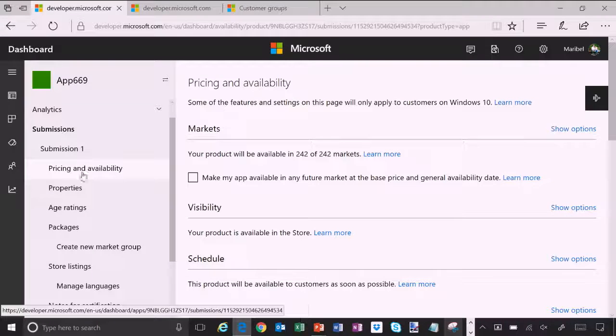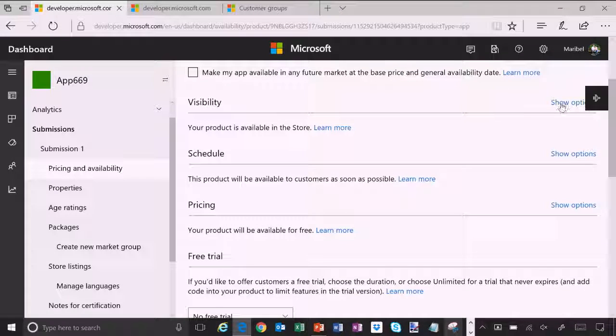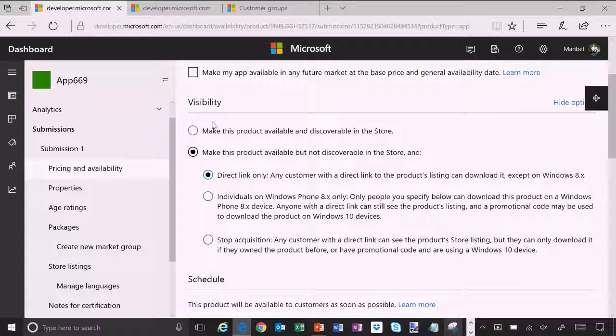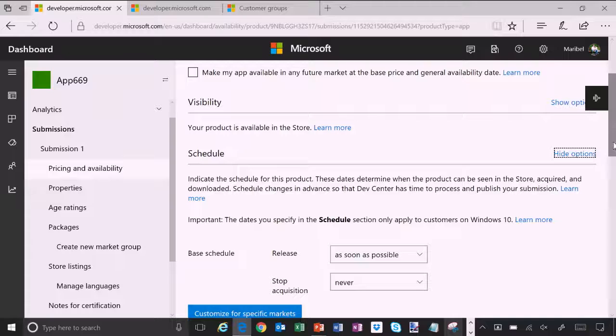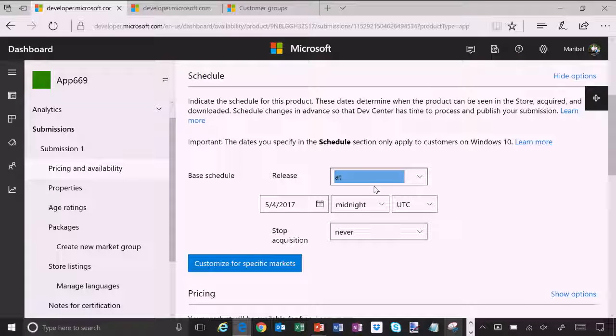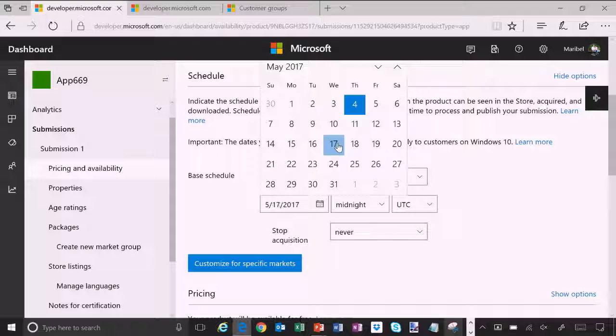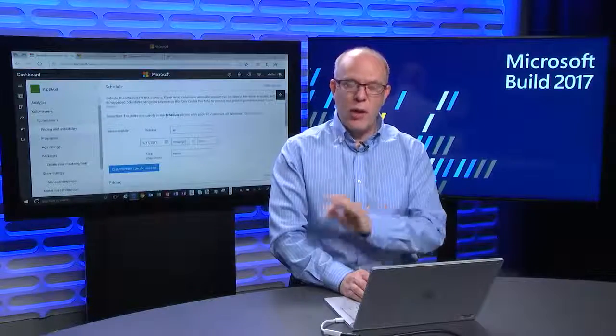And within a submission of a single app or game, you have all the different options, and we'll go through pricing and availability. In pricing and availability, the first thing you choose, once you choose an app that is going to be visible, is the schedule. The schedule is when it is going to be released. And you can release it as soon as it goes through certification and publishing, or you could choose a specific date and time. So you could select, let's say, this specific date at midnight UTC. So at UTC midnight, this app is going to be sent to the store, visible, searchable, and acquirable by every